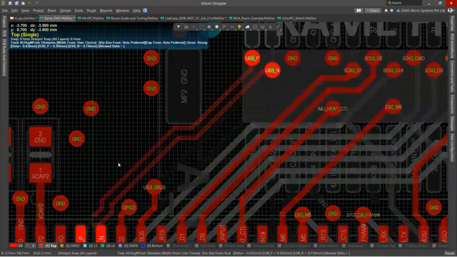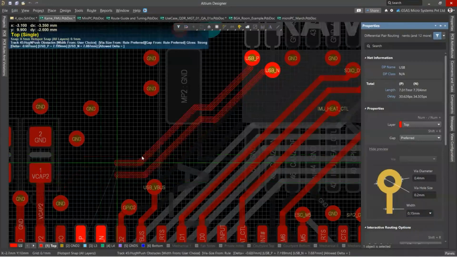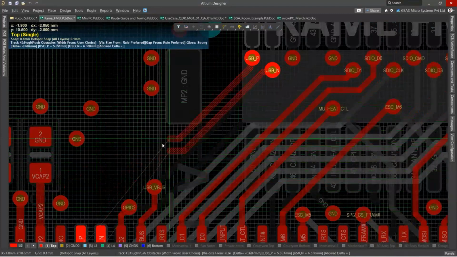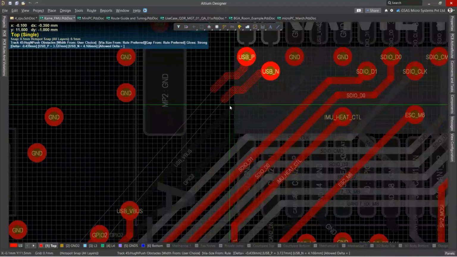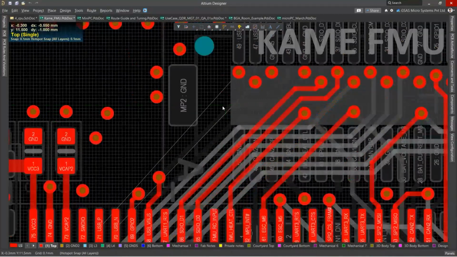If you press Tab, you can see what trace is being taken. Preferred is 0.15, and you can start routing. You can see both are getting identical. The space and the trace width and the entry from the two pads will be identical. This is how we can create a differential pair directive design rule in the schematic, and then we